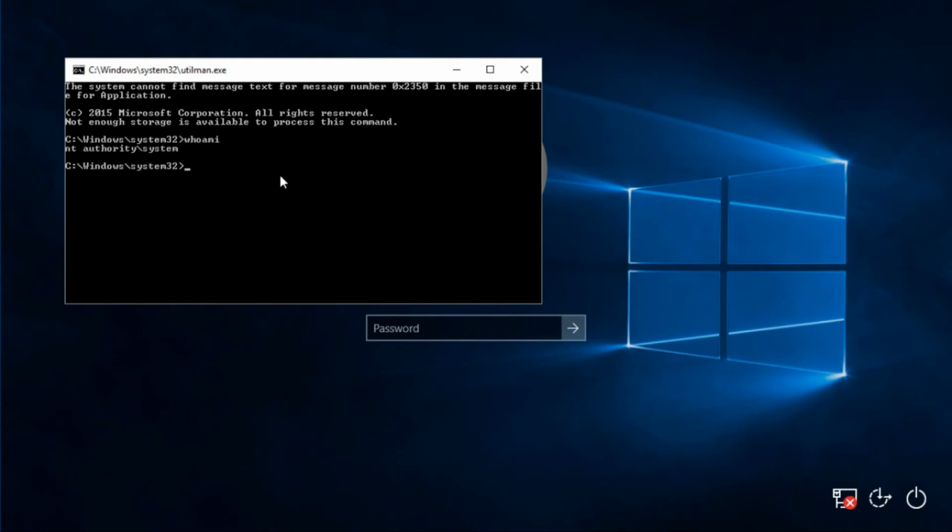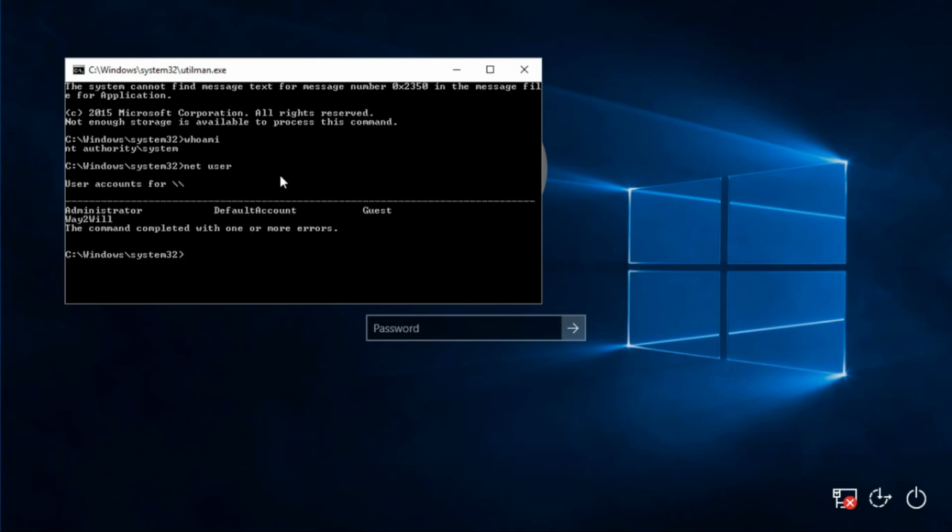See here, we are in the authority of the system user, that is the super user of all the users in Windows. So let us use the command net user and see which user you want to change the password for.